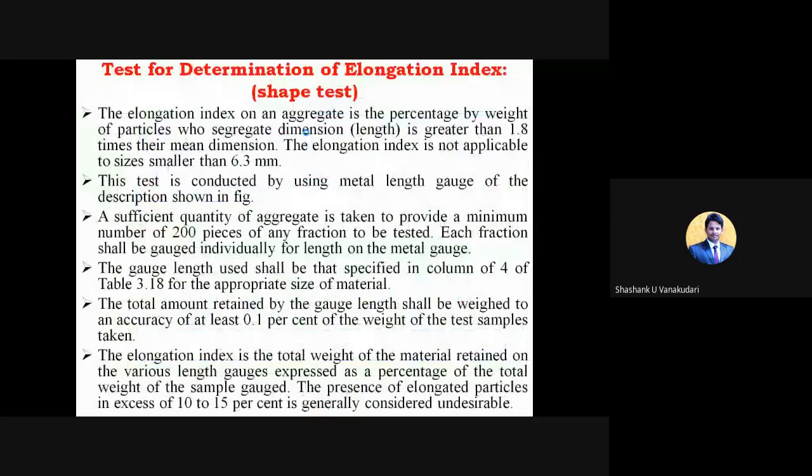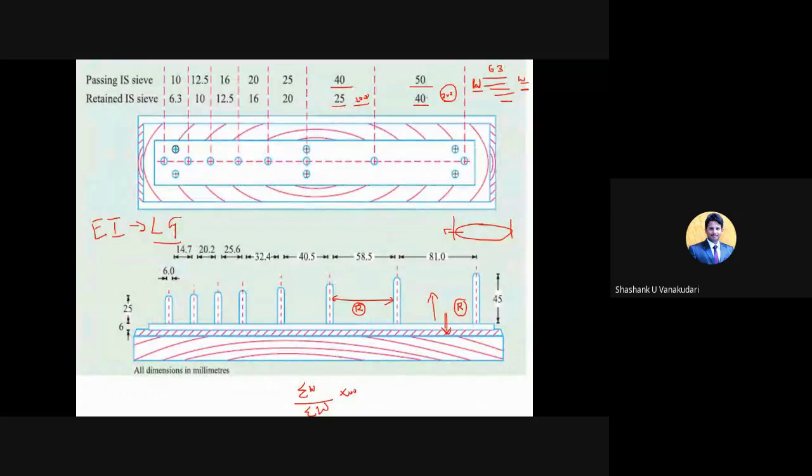Through that you can note down the results of this elongation index as well as the flakiness index. Once you have checked and got the results, how do you decide whether it is suitable for construction or not? For that, certain limitations have been given. The combined index is nothing but what? Depending upon this combined index we can decide. The combined index is the summation of the flakiness index and the elongation index. It should not cross more than 30%. If the combined index is more than 30%, then it is not permissible for construction work.